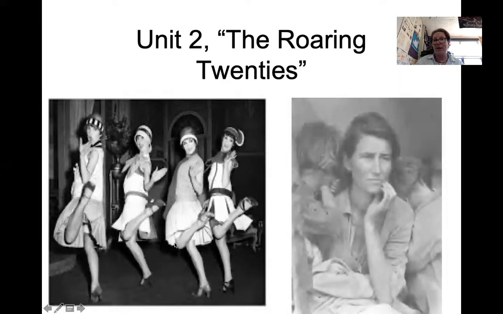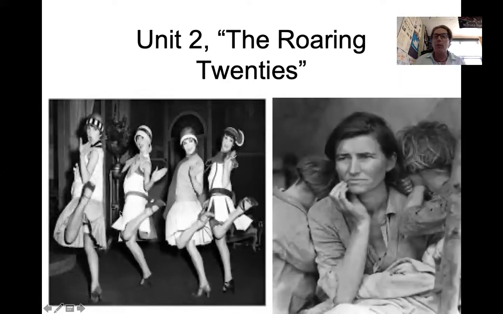Then I have another photograph for you. These four women known as flappers, when you think of the Roaring Twenties, you think of flappers. And then this is a seminal photograph from the Great Depression. It's a woman, a mother, with her two children. This photograph on your right truly encapsulates the essence of the Great Depression. This photograph on your left truly encapsulates the essence of the Roaring Twenties, a time of tremendous change, political change, economic change, but especially social change.